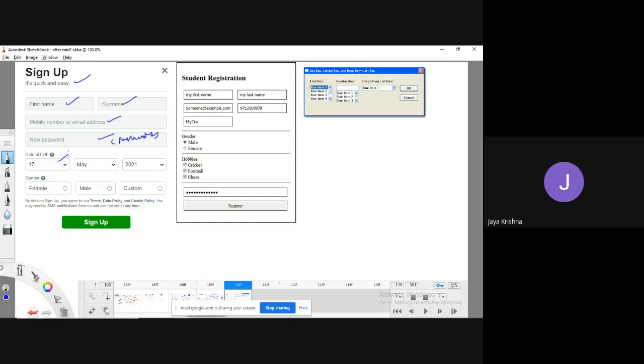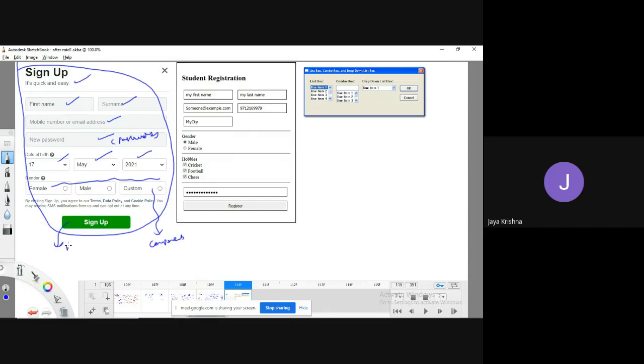This is a drop down box, which is also a component. These three are radio buttons, which we can also call components. So this is a form, a collection of various kinds of components. Sign up is a button, which is also a component.